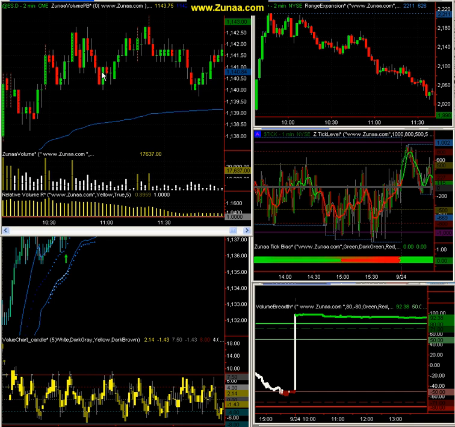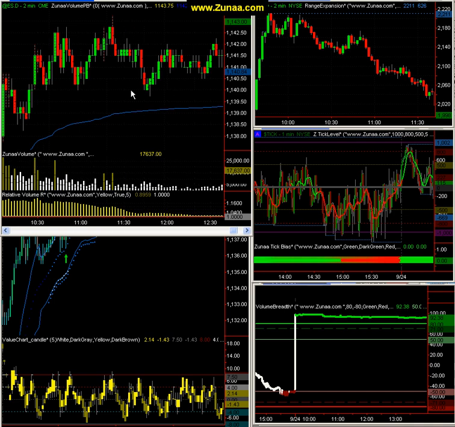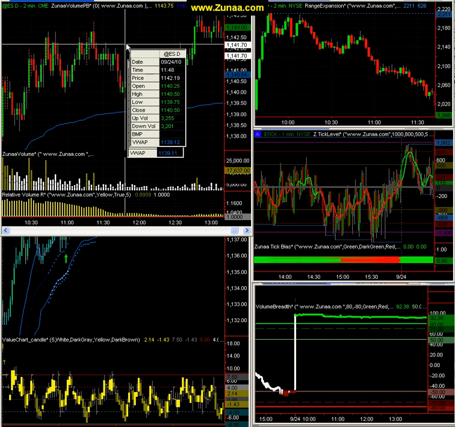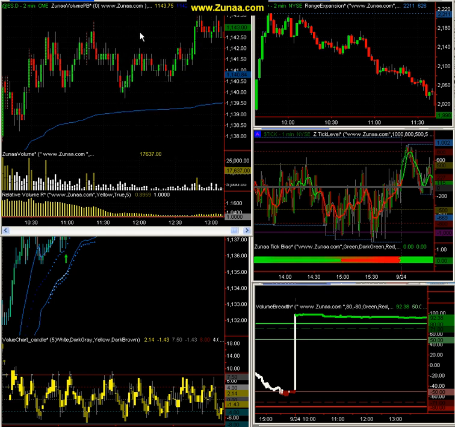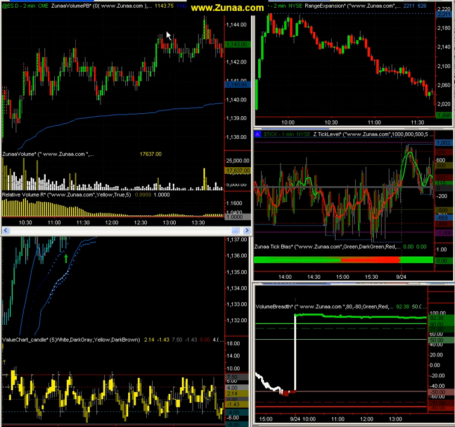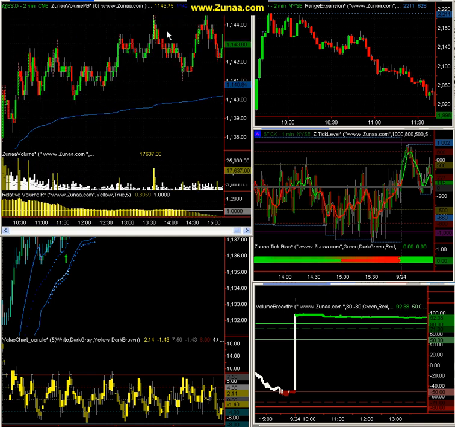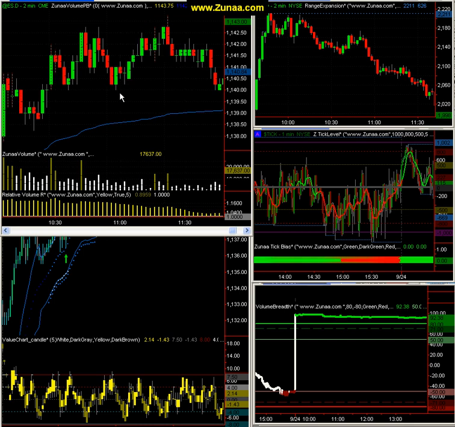They don't want to pull the trigger on the shallow pullback, so they're going to start looking for a support area to look for a pullback. Essentially, that's what happens on a trend, regardless of whether it's a downtrend or not. And at some point, buyers and sellers are not interested in the market, and then we start consolidating as we did towards the end of the year. So that's a little bit of the psychology of the trend.